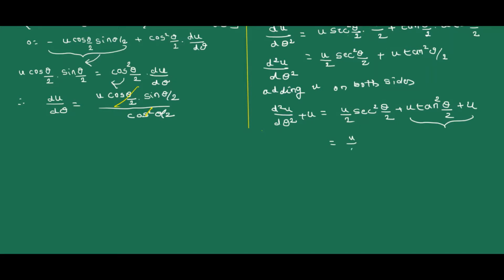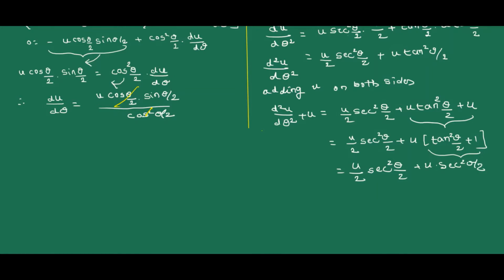So this is equal to u by 2 sec square theta by 2 plus u into, if you take u common, we are left with tan square theta by 2 plus 1. What is 1 plus tan square theta by 2? That is also sec square theta by 2. So if we add these two terms, in total you will get 3 times u by 2 sec square theta by 2,